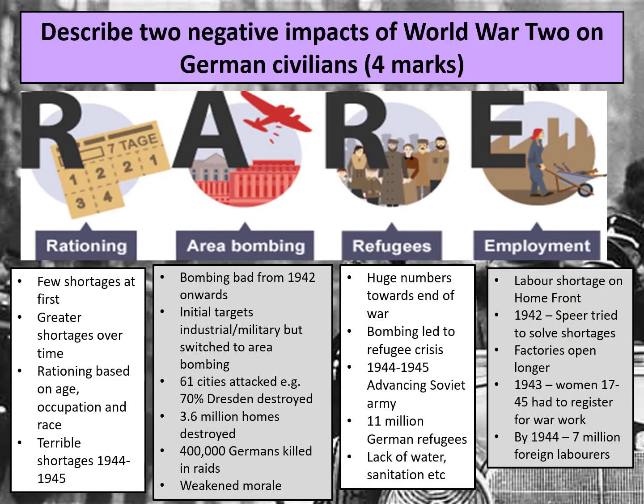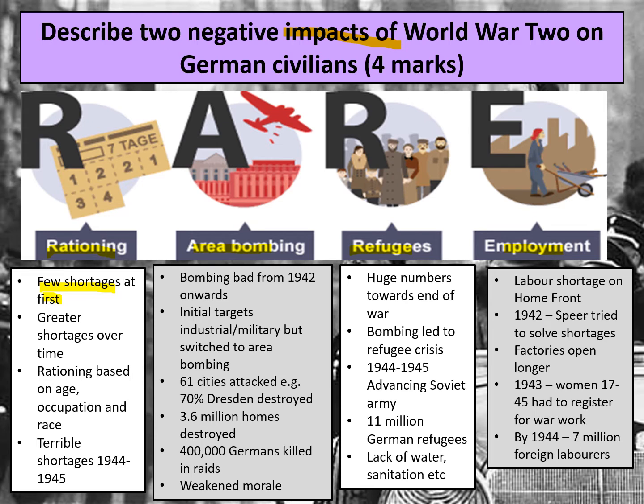For this 4-mark question, you can pick any 2 of the areas that have been listed here. First of all, let's talk about rationing and some key points you could use if you're going to use this as one of your 2 impacts for this question. Now, in terms of rationing, there were few shortages at first. Nazis were doing really well at the beginning of World War II. Between 1939 and 1941, they successfully defeated lots of nations, and that meant that they could actually take the food